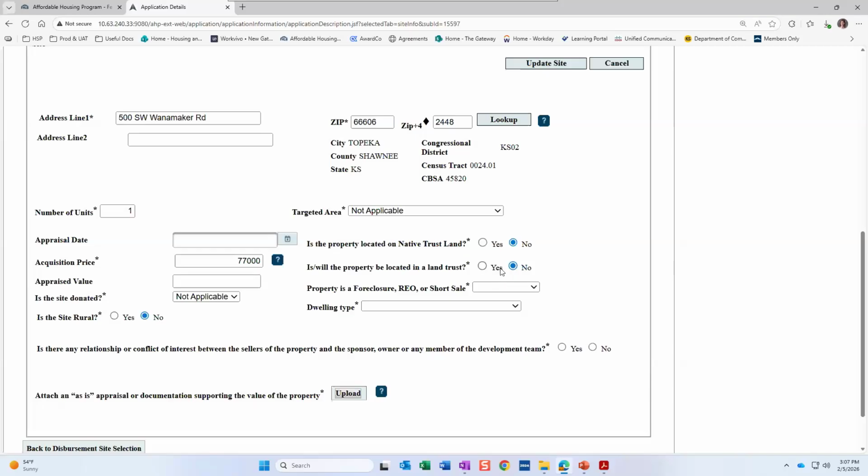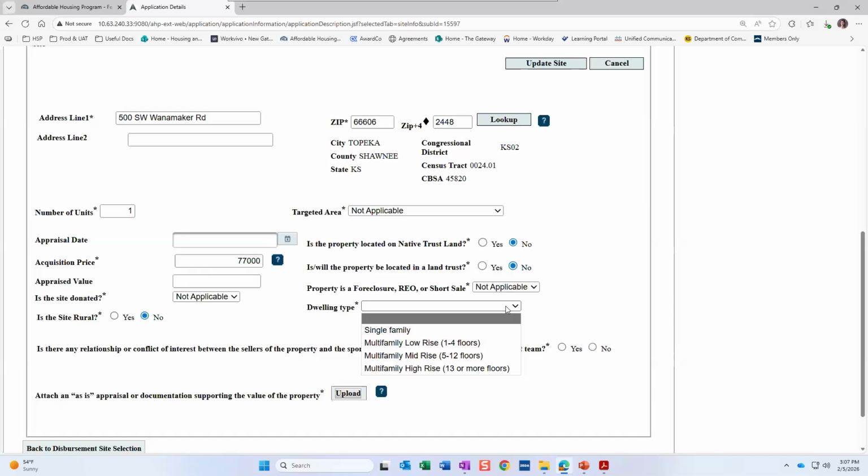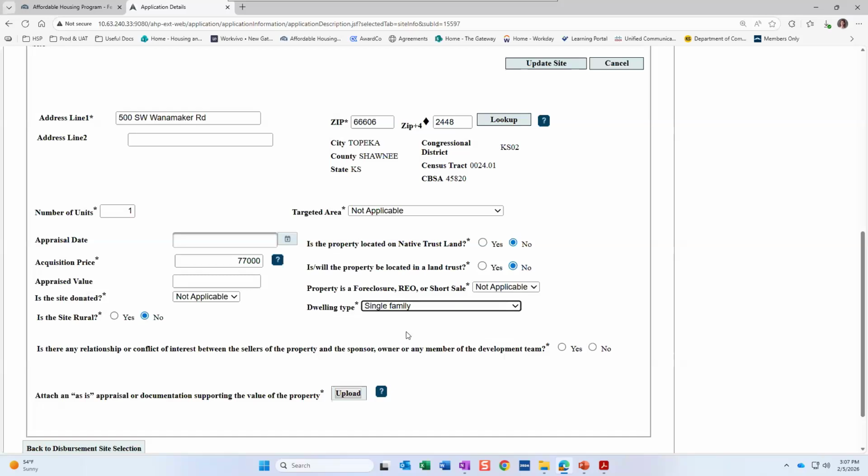So nothing else you need to provide, just answer yes or no as applicable. Property in foreclosure, REO, or short sale. Of course, we're hoping this is not applicable, but nonetheless, there's those options there if it is in foreclosure or anything like that. Dwelling type, you guys will be selecting single family every time since we work with single family properties for our owner-occupied projects.